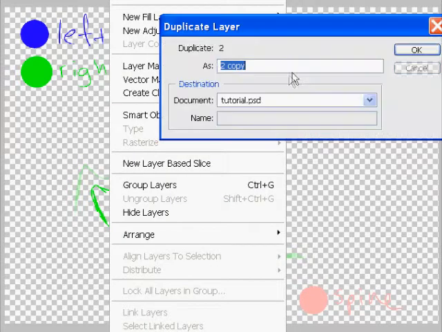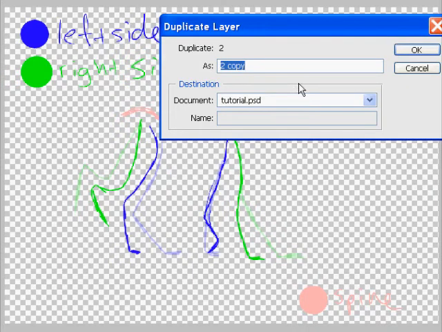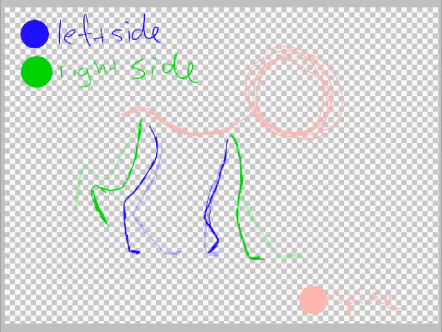So, we've already got another frame. Now we're going to duplicate this one. We're going to duplicate frame 2 and we're going to rename it to frame 3. We're going to go back to frame 1 and I'm going to bring the opacity all the way up